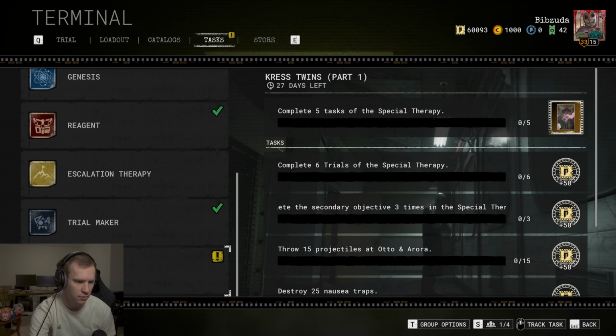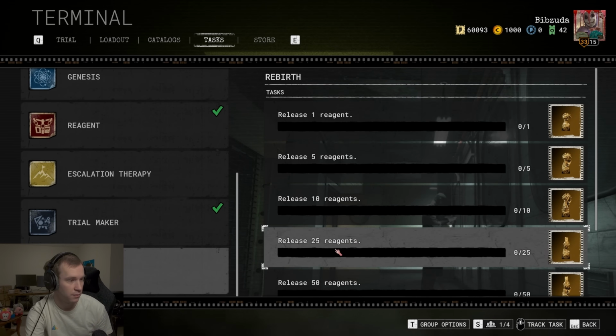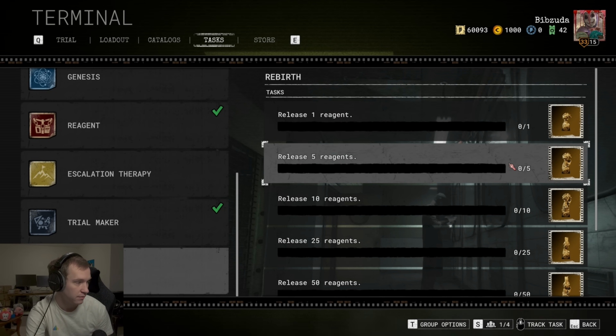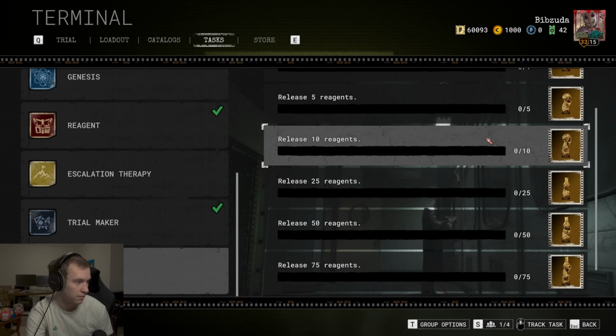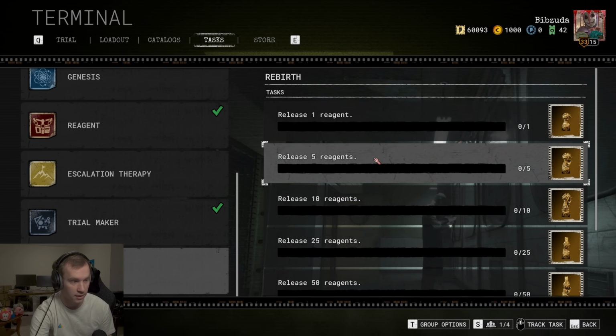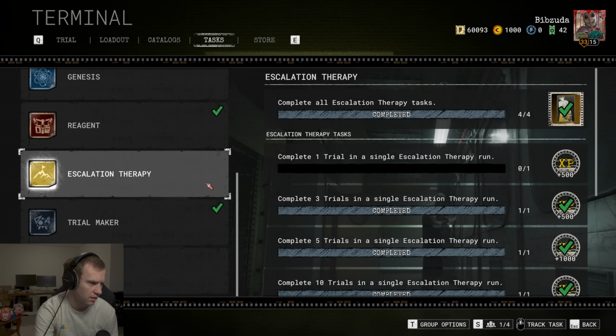There's also a new task set for rebirths, which require you to release the reagents. And as you can see, there's a new trophy as well. So you can still get the old trophies, but each of these levels also has a new trophy version. So that's pretty cool. However, you do have to do 100 more rebirths. So the ones you've done prior will not count towards this. Also, looks like,